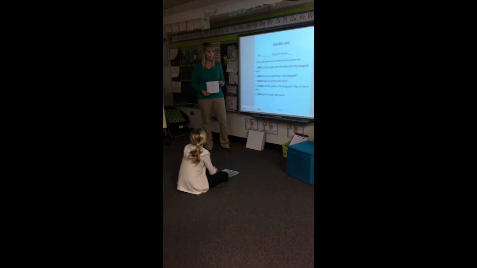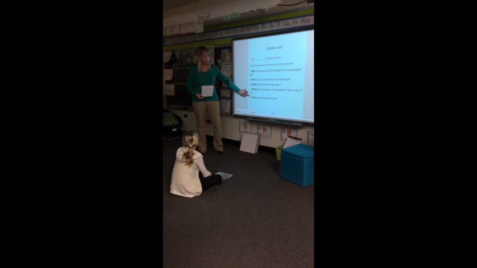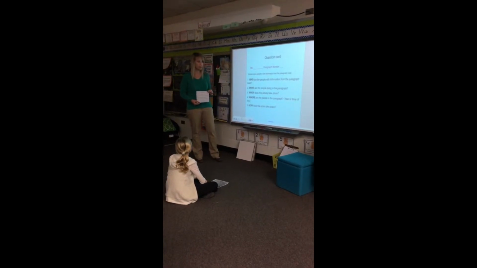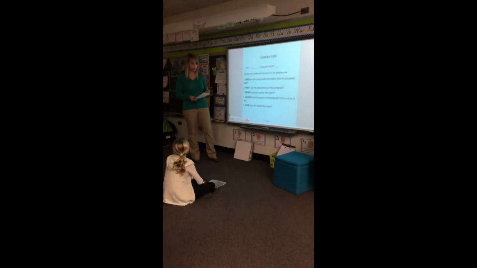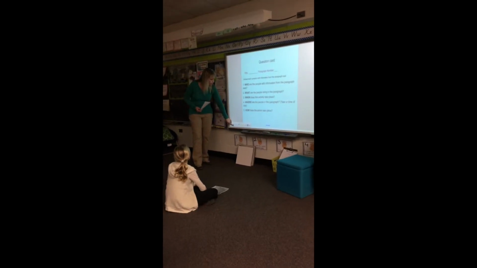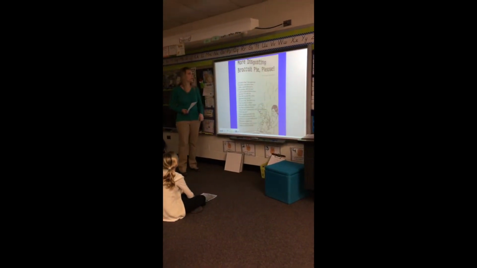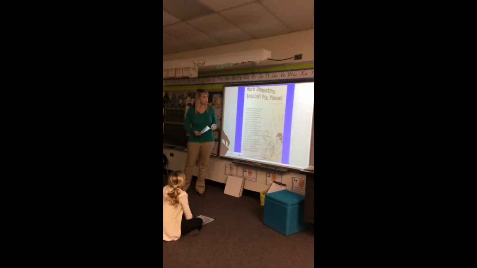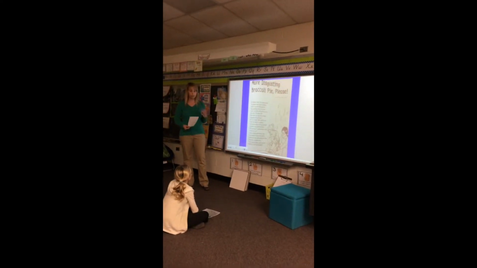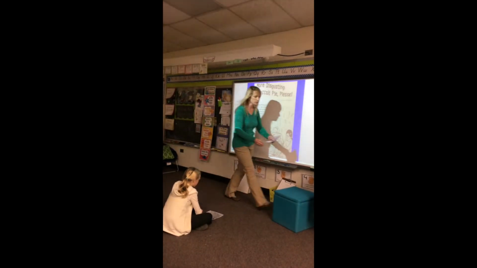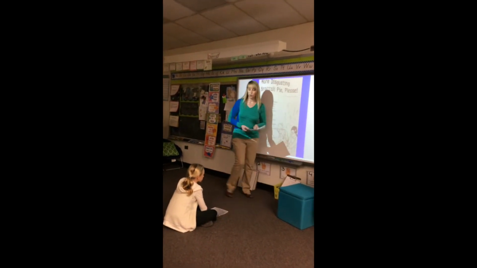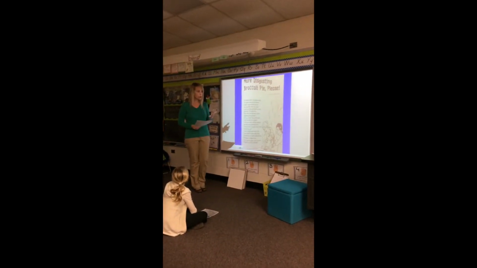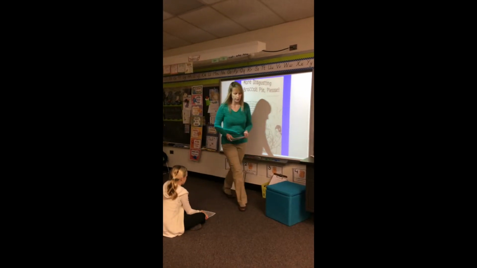So sometimes when we're reading something, we can't always find an answer to all the questions, and we might have to reword some of these questions to make it make sense to what we're reading. So what we're going to read today, and we've read this before, is we're going to review our poem that we've been reading all week long, More Disgusting Broccoli Pie, Please. So the first step in our strategy is to read our story silently. So both you and your partner, and you're my partner, we're going to read the story, or excuse me, the poem silently. So go ahead and do that right now.